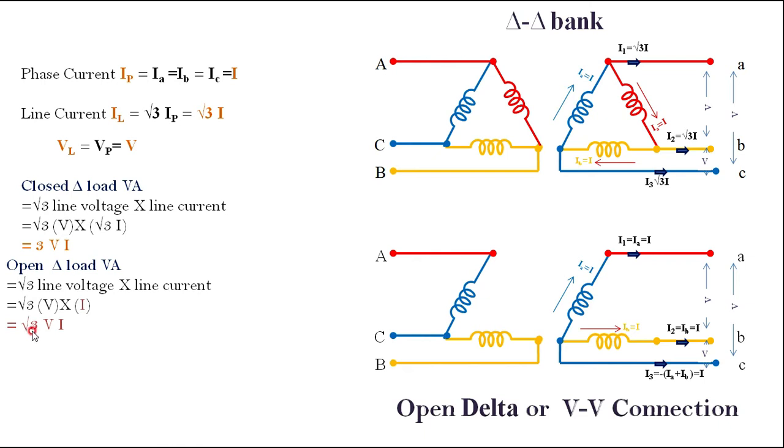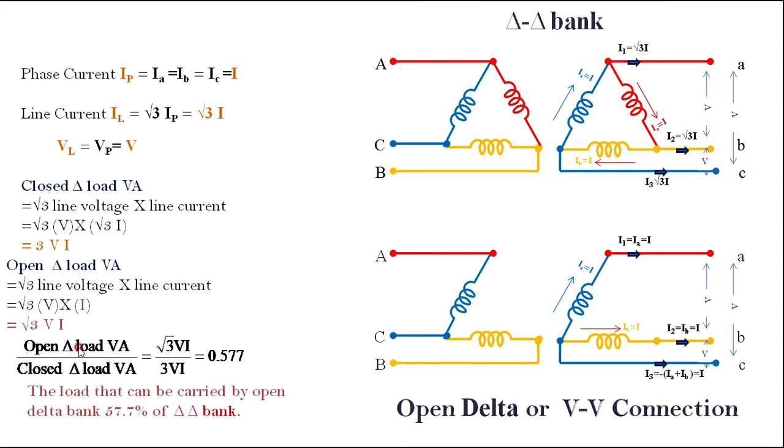Therefore, the total volt ampere of an open delta that I am getting here is root 3 times V into I. Then if you take the ratio of the volt ampere of the open delta to the volt ampere of the closed delta connection, that is open delta volt ampere, root 3 times VI, divided by closed delta volt ampere, 3 times VI, then what I am getting is 0.577. So the open delta load volt ampere is 0.577 times the closed delta volt